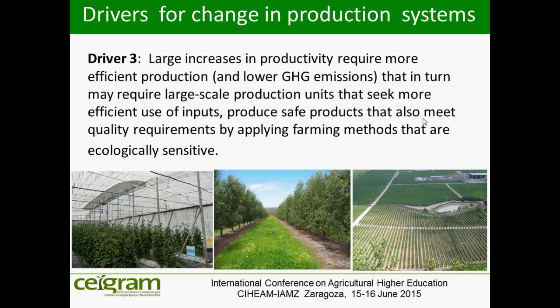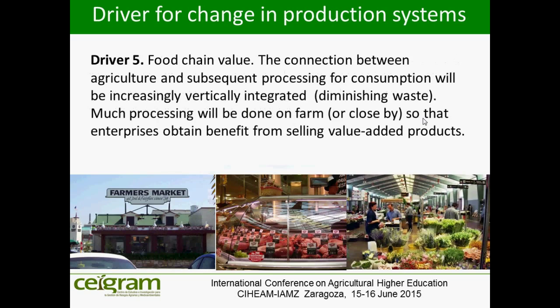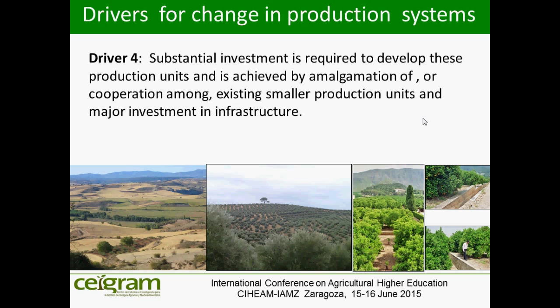We can imagine landscapes with smaller plots, but divided by hedgerows, but all working for a same unit. I will come back to that. Some of the technologies that we need to improve efficiency are costly, so a small farm may not be able to buy it. So we realize that that's one of the